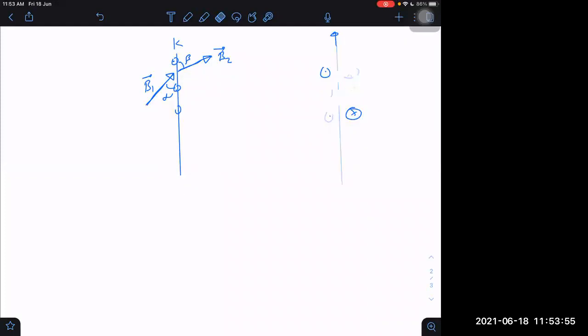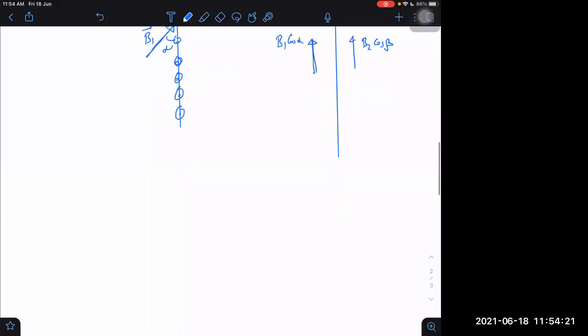So let us first of all, because I have given you this situation, I should have given you that current is maybe flowing outwards. Now I'm asking the same question again. What is the relation between B1 and B2? We can get the relation. How? I know that upward field is B1 cos alpha here, and the upward field here is B2 cos beta. It is the net field here, B1 cos alpha and B2 cos beta. Why are these fields different?